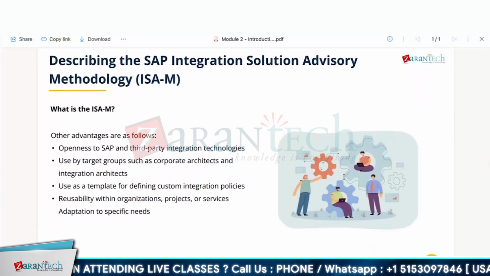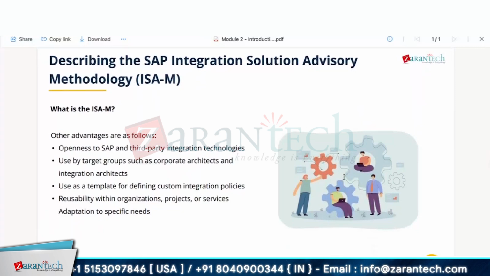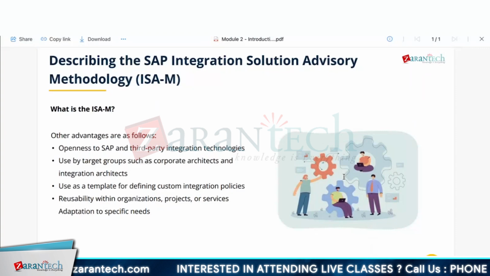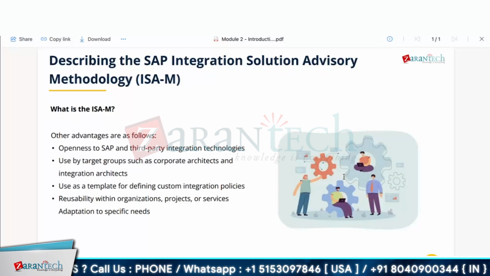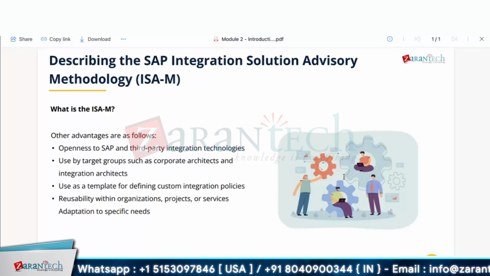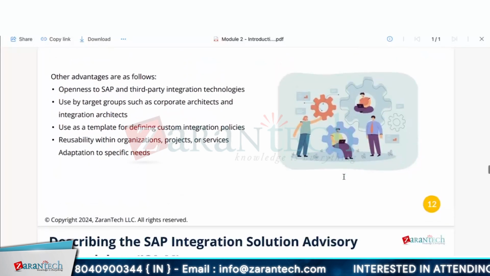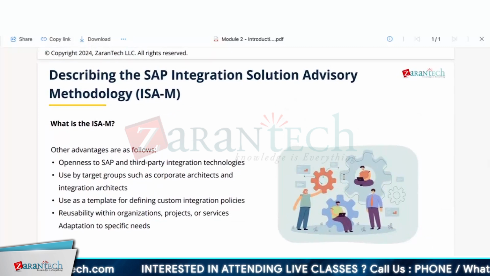So starting from my store to fulfilling my activity, how do I actually take Integration Suite as a solution and put everything into a solution using the advisory methodology? Because SAP proposes some advisory methodology while you're using the ISAM product. And using that product, you can easily solution your thing, and you can get your product way more mature from there. And these are all prepackaged templates, but ISAM is another solution beneficiary product.